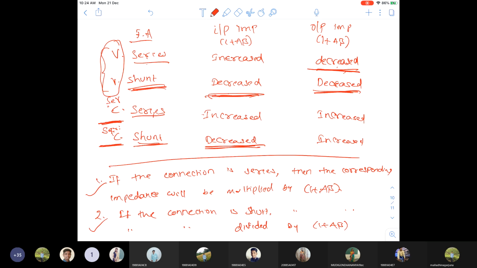Am I right? So if you have any queries regarding that, these two points will answer your question, whether it is increased or decreased. Similarly, suppose you take another feedback,